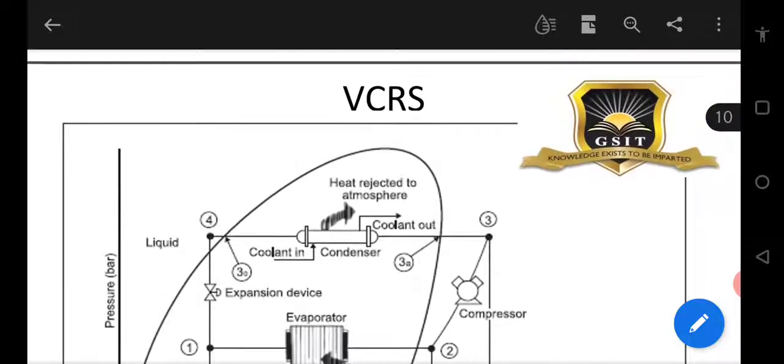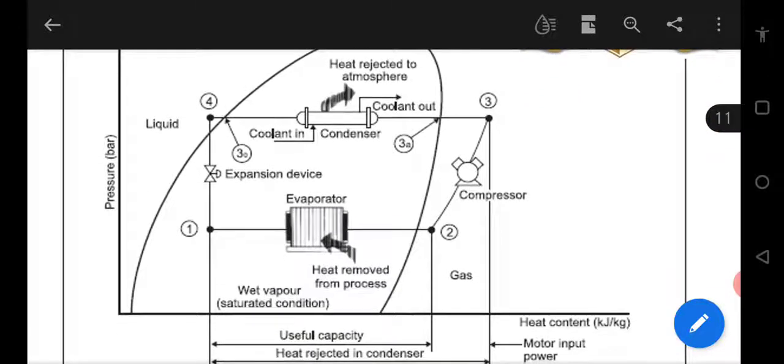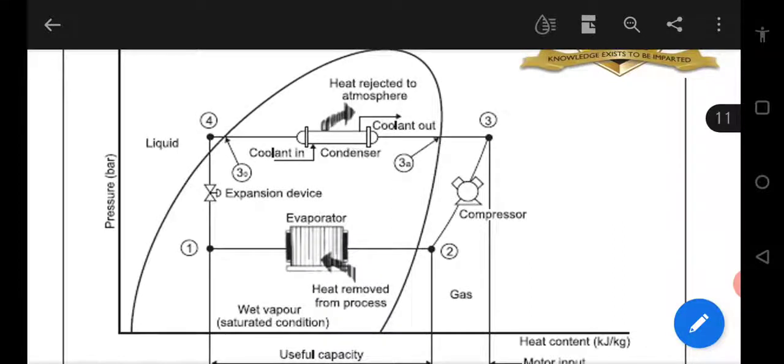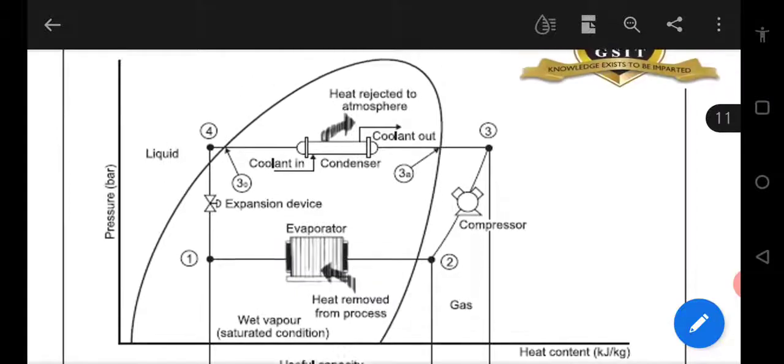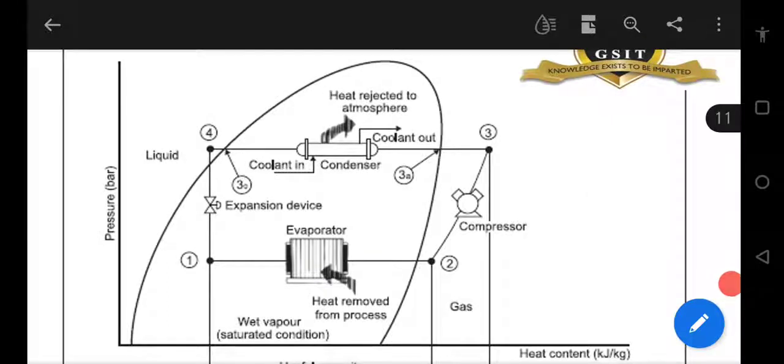So let us briefly look into the vapor compression refrigeration system on the pressure-enthalpy diagram. I think this is what we have studied: 1 to 2 is the evaporator. Here there is no temperature change, only heat is absorbed by the evaporator, which is the cooling effect. In case of central AC, the water is cooled here, and you produce chilled water. Then there is compressor work from 2 to 3, where the pressure increases and the temperature also increases. From 3 to 4, the heat is rejected to the atmosphere by the condenser, and in case of centralized AC, there will also be a cooling tower in conjunction with this condenser.